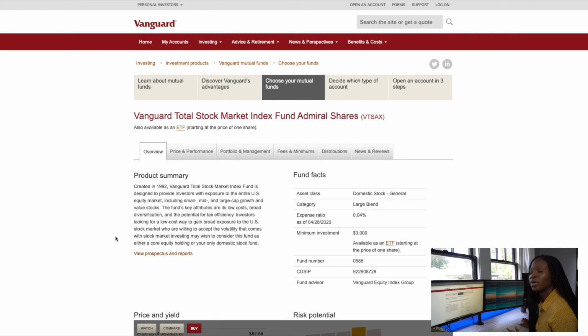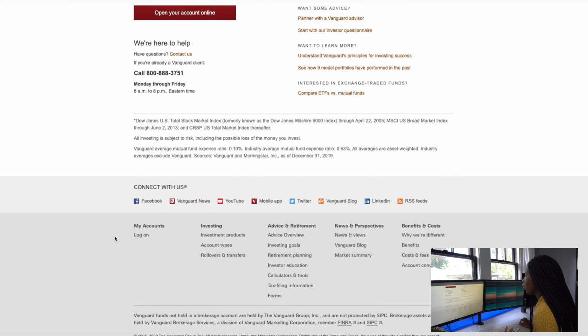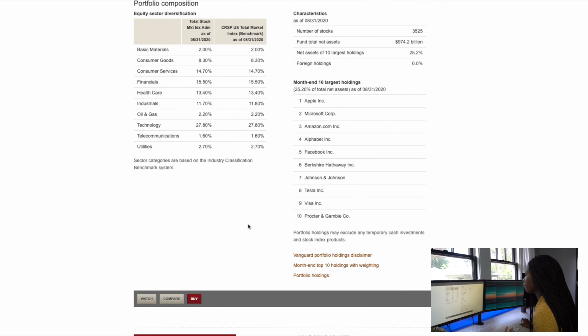If you want to know what type of stocks a particular fund has, all you have to do is scroll to the bottom where it says holdings. Maybe I went too far. Yeah, so it'll say holdings, and it'll give you the initial top 10. Here, Apple is number 1, because as we've talked about, Apple has the largest market cap, so it is in proportion to how big or small a company is. So Apple is the biggest company, therefore Apple is number 1.